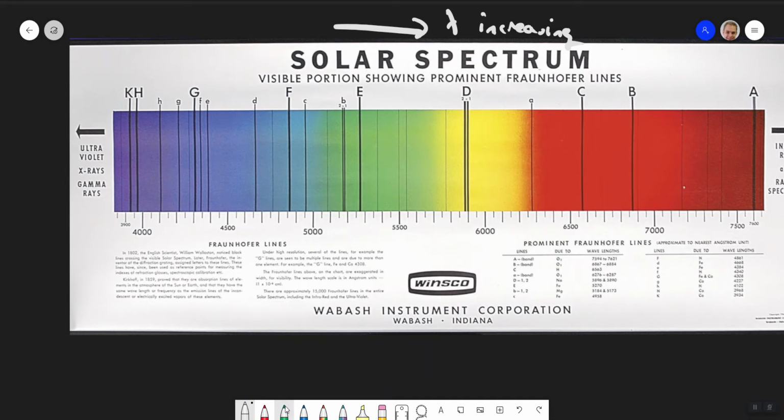So just put a little chart here. That's iron, that's iron, that's hydrogen. And some of them are due to bonding. So we've got oxygen. A is due to oxygen as a molecule, apparently. So these are things that allow us to look at a star and say, oh okay, what can we see? What elements are present in the sun?